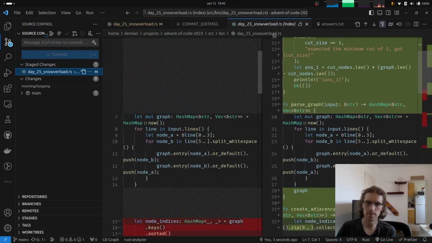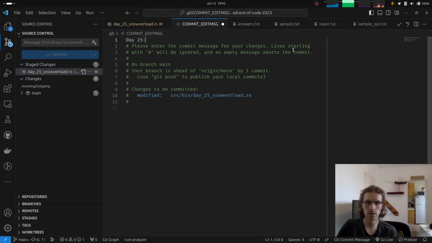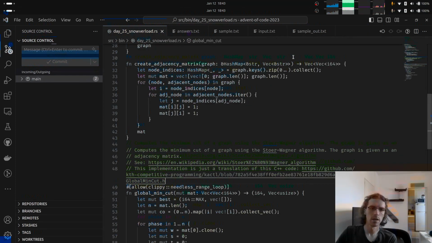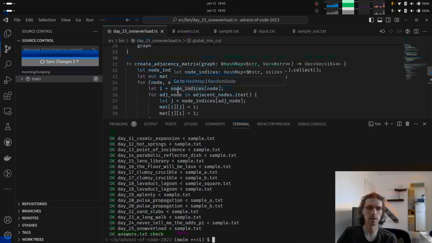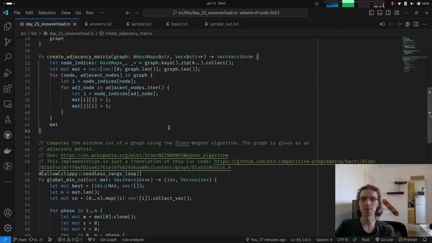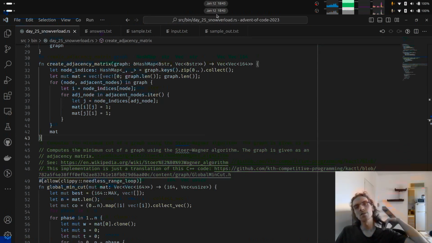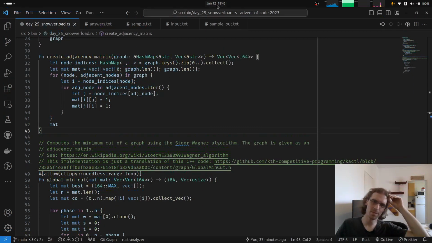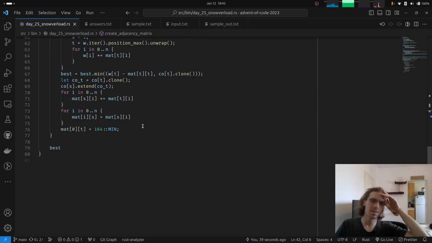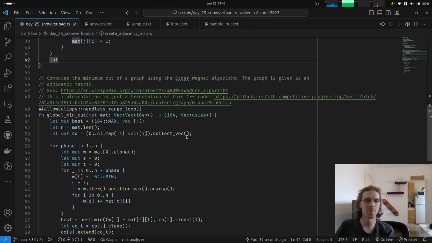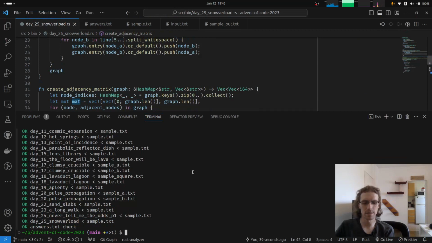Just some minor refactors. So day 25: minor refactors. Okay, and I think that will be it for this video and for this Advent of Code of 2023. I'm very glad to have finished this not so long after Christmas. I probably do still have some things to try out, especially this problem that is now taking